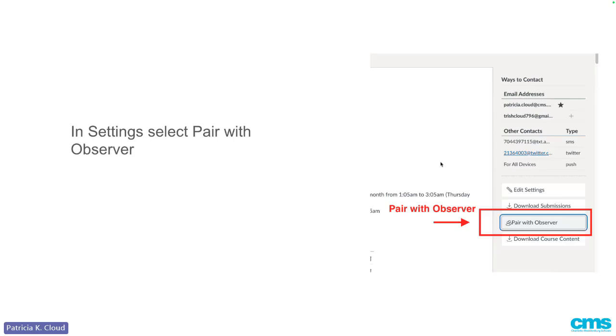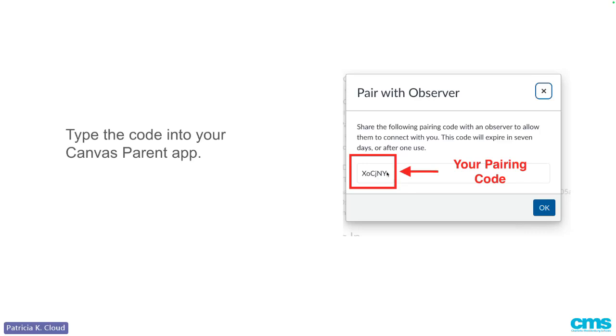Then you will see on the right-hand side of your screen a box that says pair with an observer. And you will click there. And there you will find the pairing code for your student. If by chance you are not seeing a pairing code, you will need to contact your student's teacher